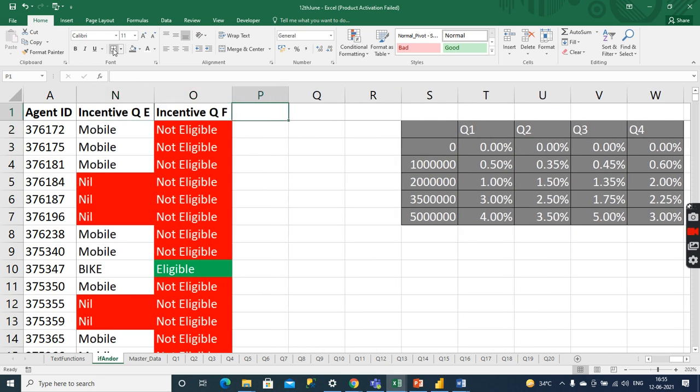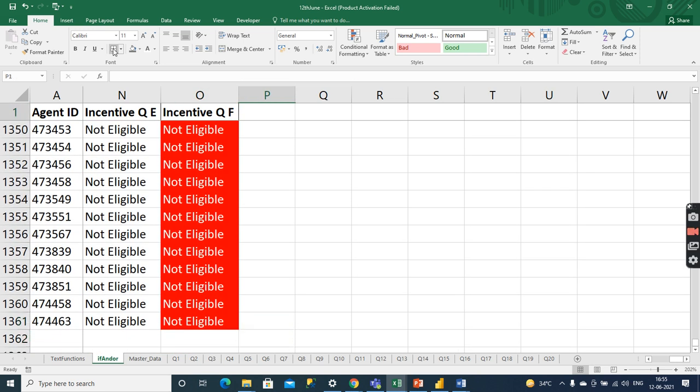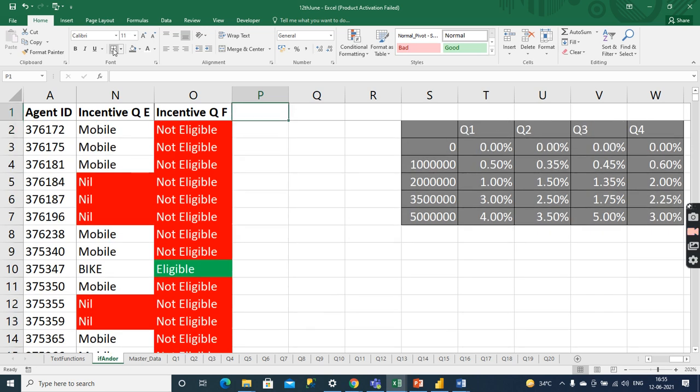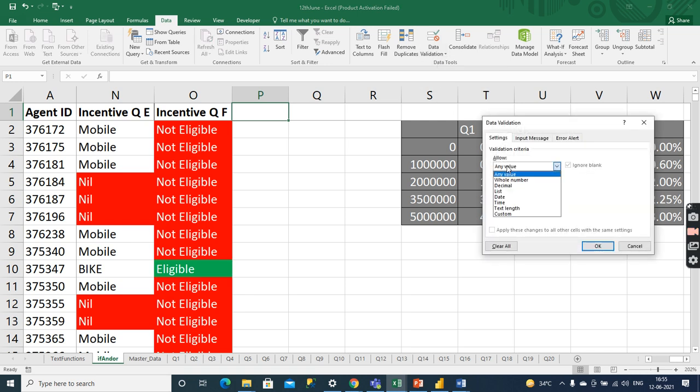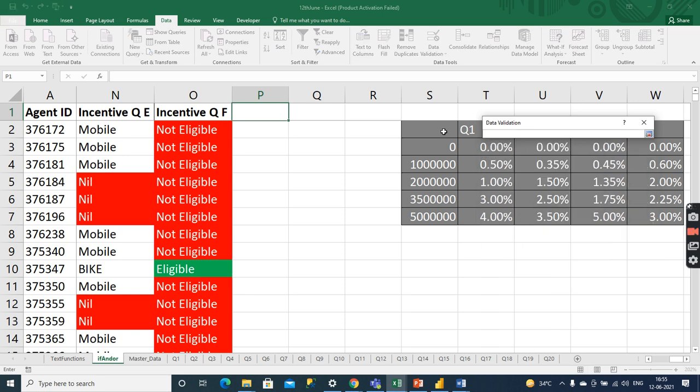So I have to create a list box here because I want to show all the incentives in a single column. This is the requirement we have. So what I will do, go to Data, and here we have Data Validation. Then select List, and I will select the source.